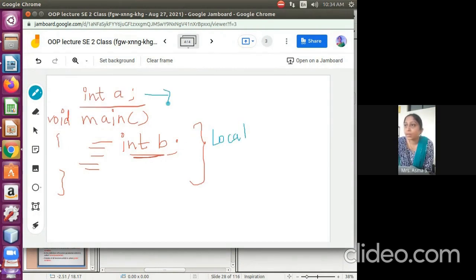And this a is a global variable. So b is a local variable and a is a global variable.